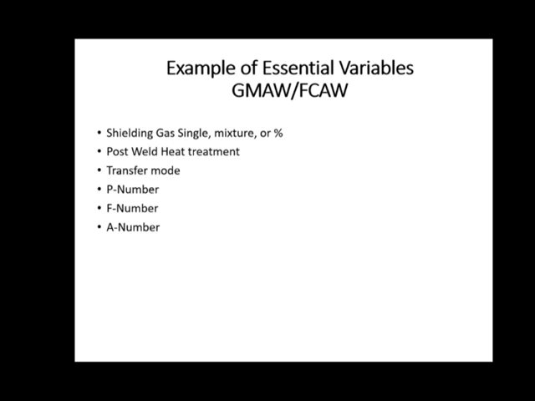Examples of essential variables for gas metal arc welding and flux cored arc welding. Examples of essential variables would be things that, if we change the essential variable, it's going to impact the mechanical properties of the weld metal that's being put into the joint. So you have to tread lightly here, and that's why if you change one, you have to do another PQR